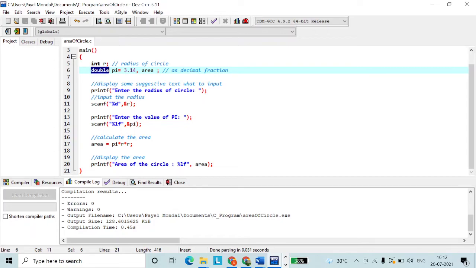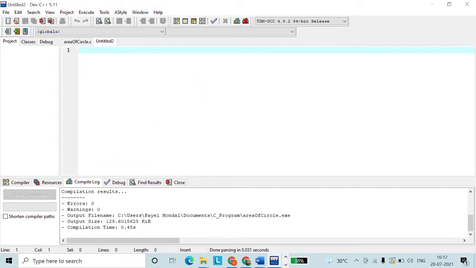Let's go to the next example, using characters. Similarly, we have include stdio.h, main.